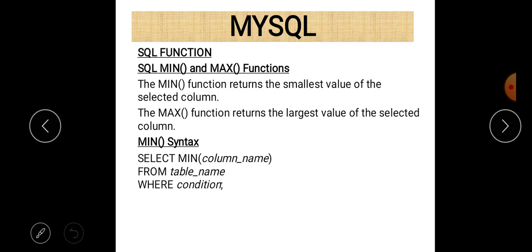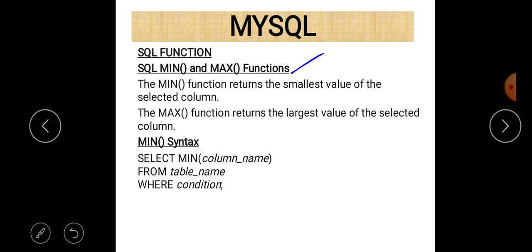Here are min and max. First of all, let us start with aggregate functions. These are the two functions, as the name suggests, min and max. They can give a minimum and maximum value if we use them properly. The use of functions is very simple in SQL. First of all, they are used with the select statement. They are not used separately, because you cannot write just the name of the function, and if you want to calculate some type of calculation, then use these functions with select statements.